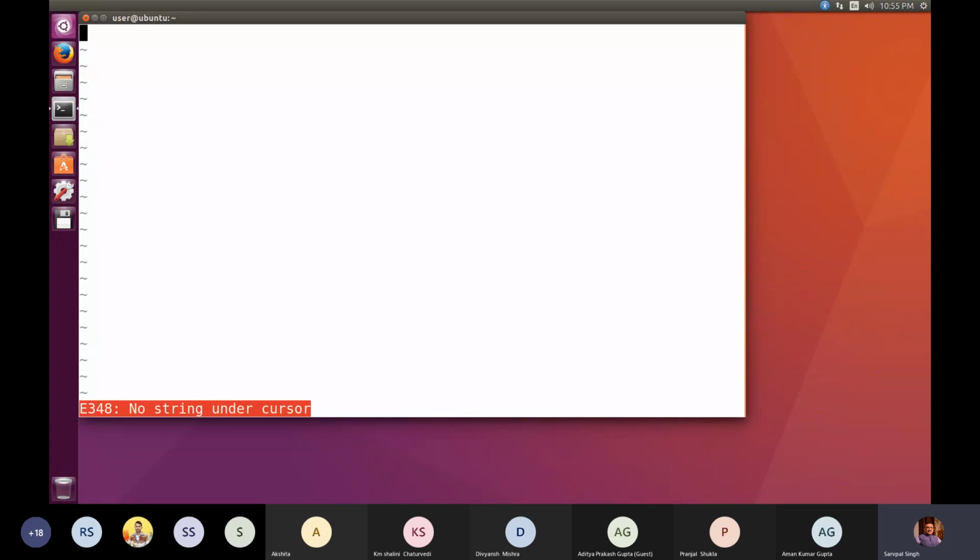I type I and then some text. If I press escape, I have moved from typing mode back to command mode. Again, if I type anything, nothing will happen.